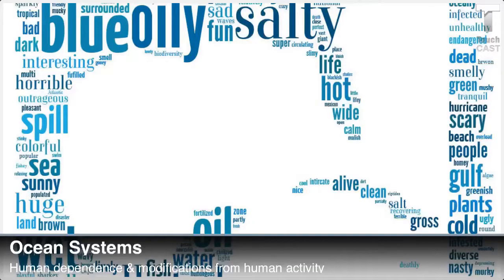Okay, now we're going to switch gears and look at ocean systems, focusing on human dependence on the ocean and modifications of the ocean from human activity. So as far as humans and how we depend on the ocean, there's a multitude of things that we depend on the ocean for. Main things are food, the weather,